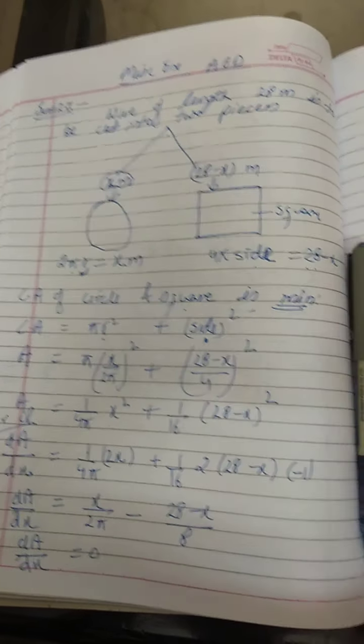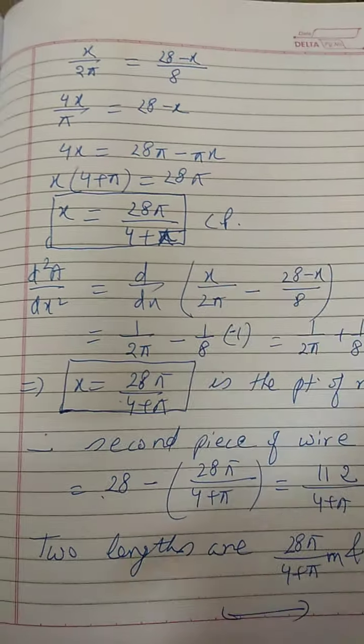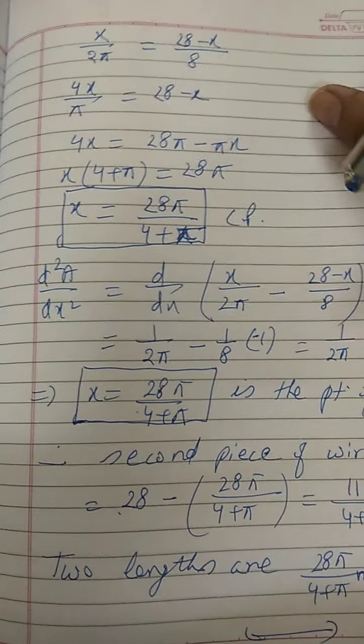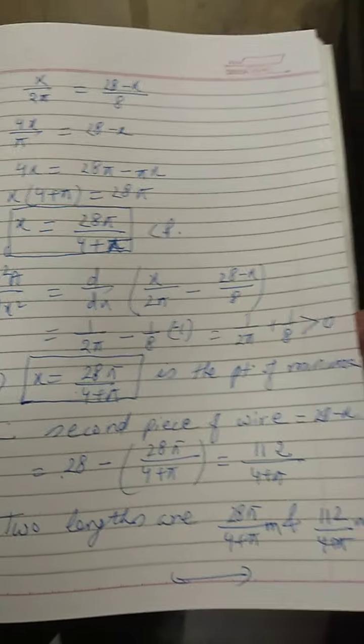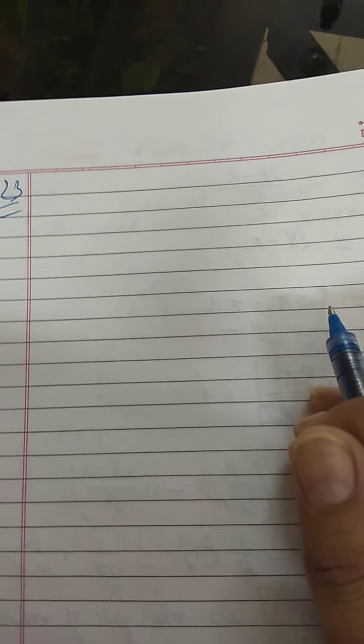Now one more sum we will do here. So let us do one or two more sums of the same exercise. This was sum number 22. Now let us do sum number 23. Sum number 23 is a very important sum here: prove that the volume of the largest cone that can be inscribed in a sphere of radius r.